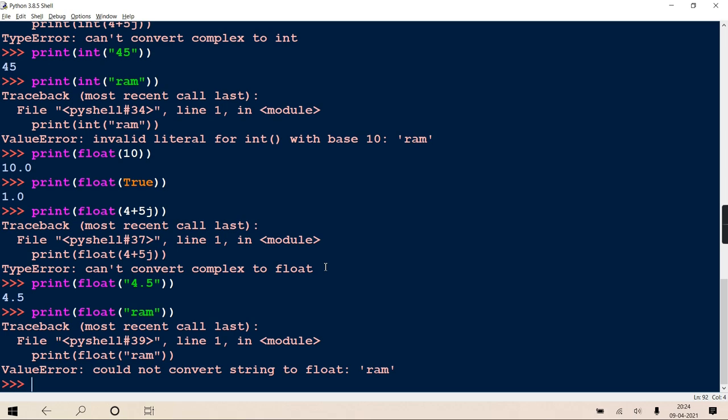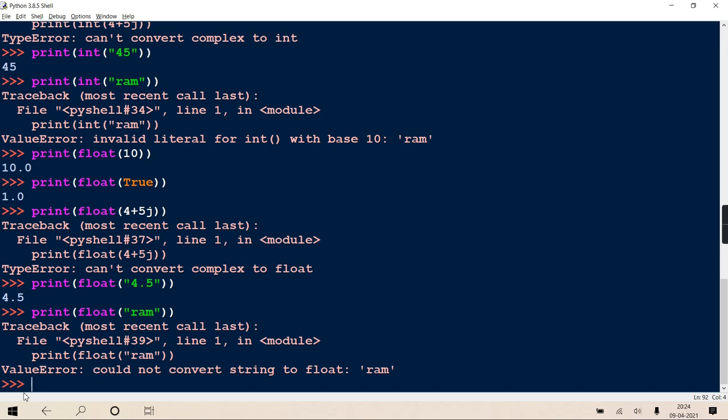In Java, if you convert a string containing RAM to float, it will throw a NumberFormatException. Here it throws ValueError. Here the exception names are kept shorter. Java has lengthy names like ArrayIndexOutOfBoundsException. Here the class names are very simple, short and sweet.